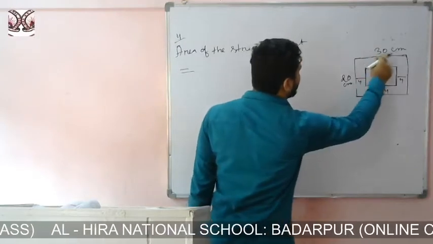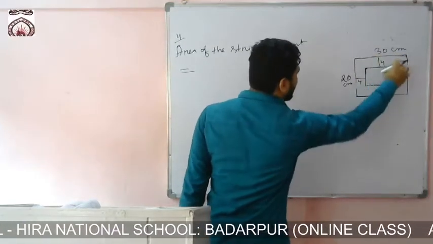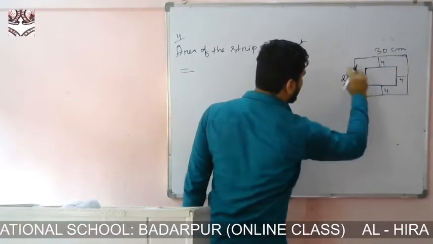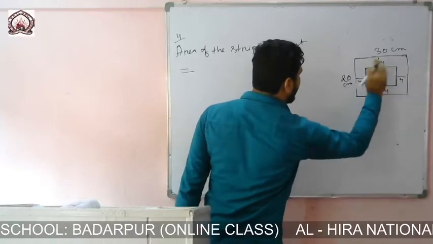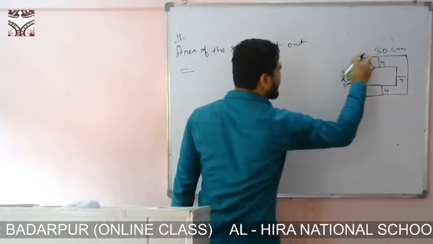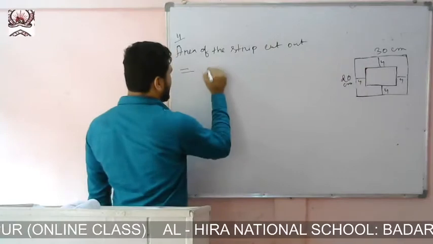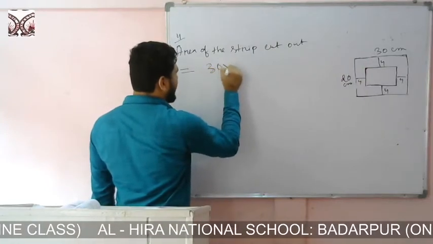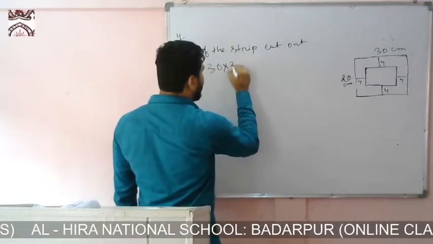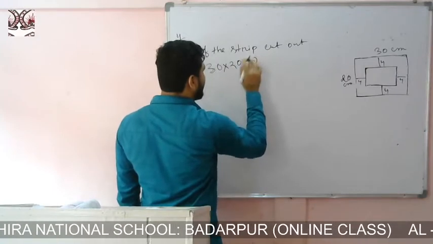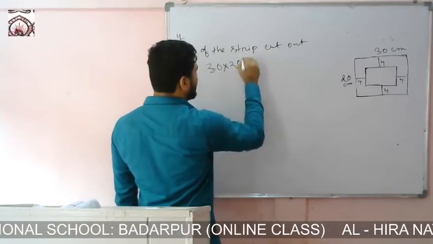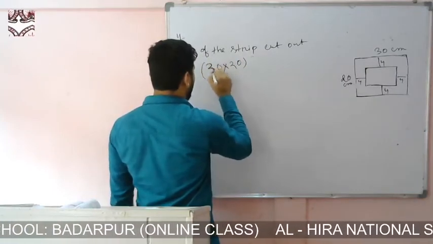That means you have to subtract the inner portion from the whole sheet, then we will get the area of the strip cut out. We know the length of the whole sheet, so you see 30 into 20 centimeter square